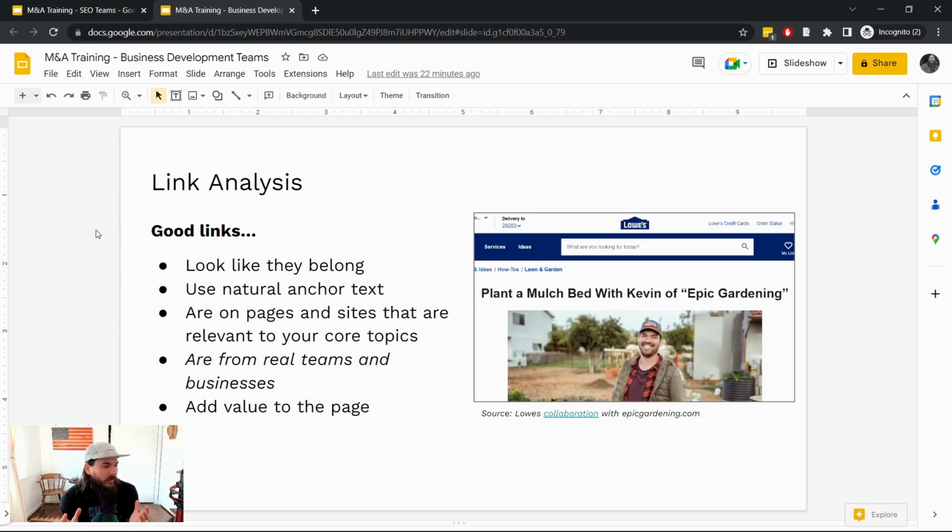Fourth, I'll look and see, are the links from real teams and businesses? Is this a real site with an editorial team behind it, or with a business behind it that seems like it actually has some experience and thought behind who they work with, who they interact with, who they link to